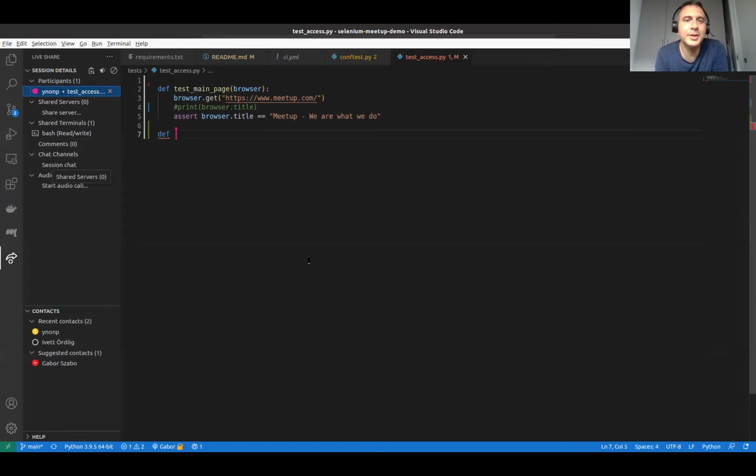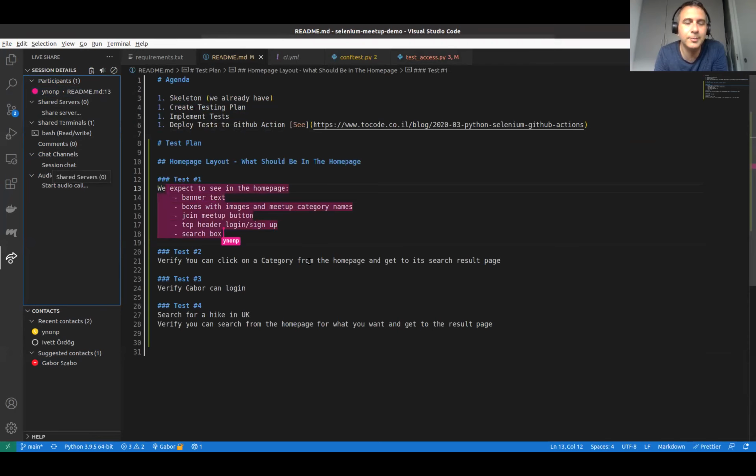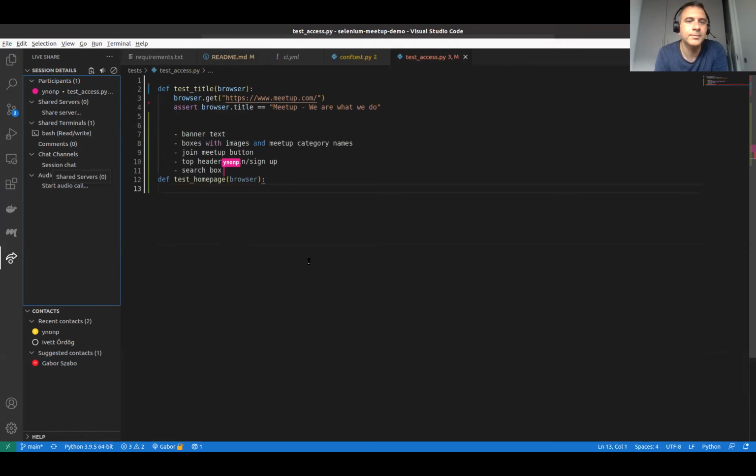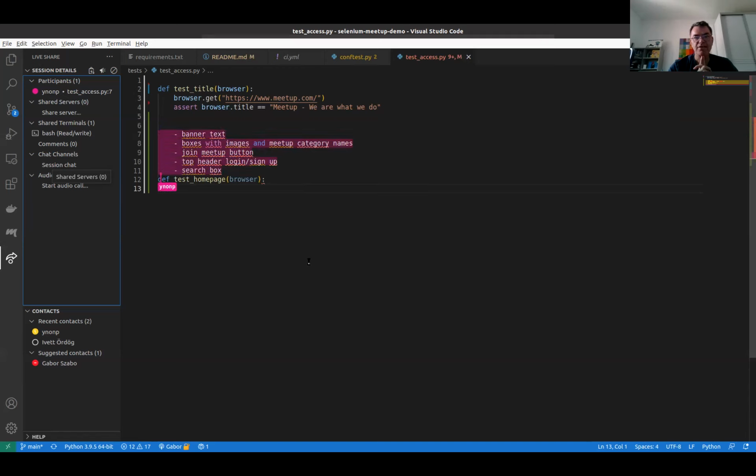We have the test main page, but that's not a good name. We want test title, right? And now we have test homepage. And we know this matches the description we wrote, and we know there are some things we want to verify. I just copy them so it will be easier. Do you know if I can do Shift slash?